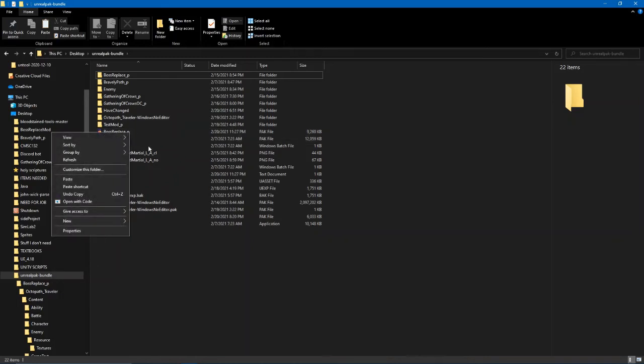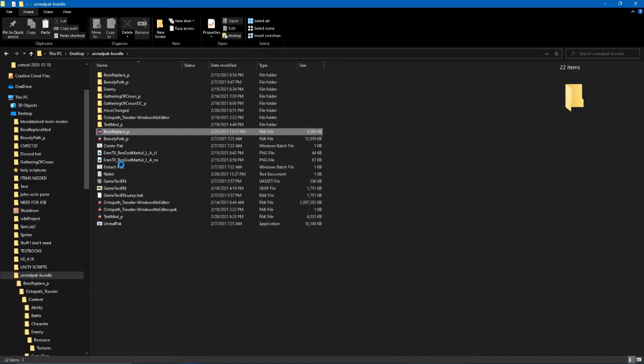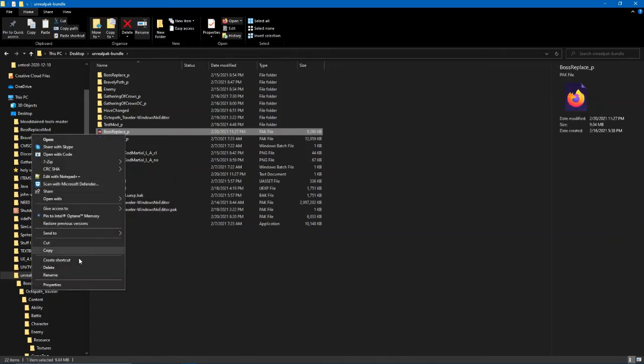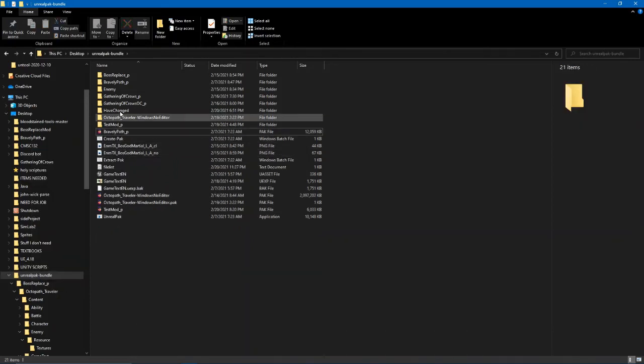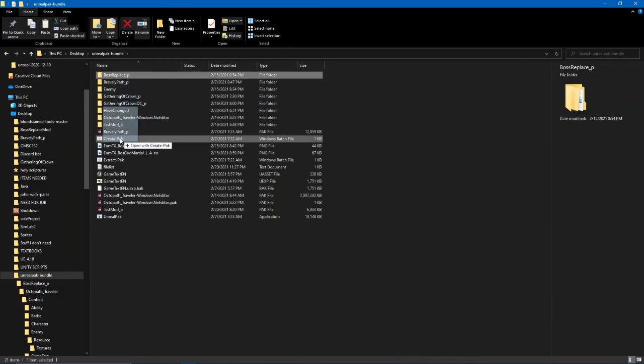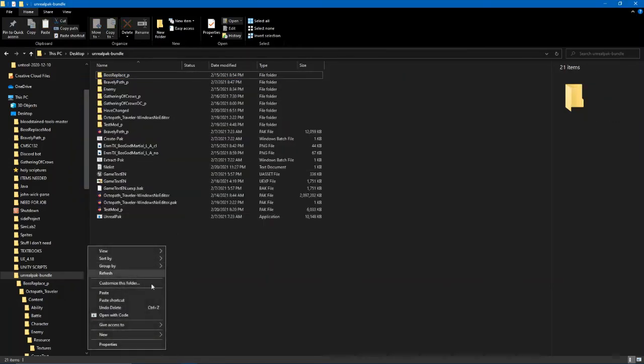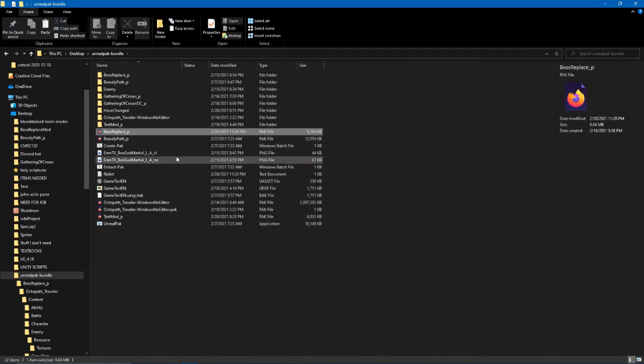Actually, you know what? I'm going to delete boss replace real quick, just to make sure I got everything sorted. Because the thing is, I'm not confident if create pack overrides the already existing pack. And refresh. We get boss replace. Control X that and drop that into